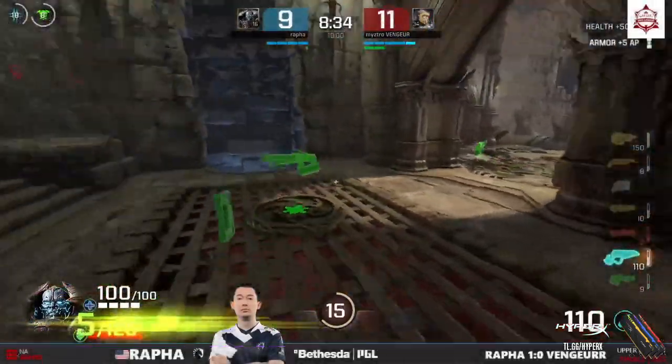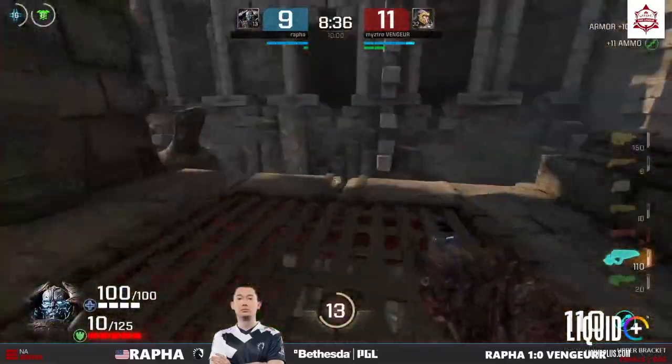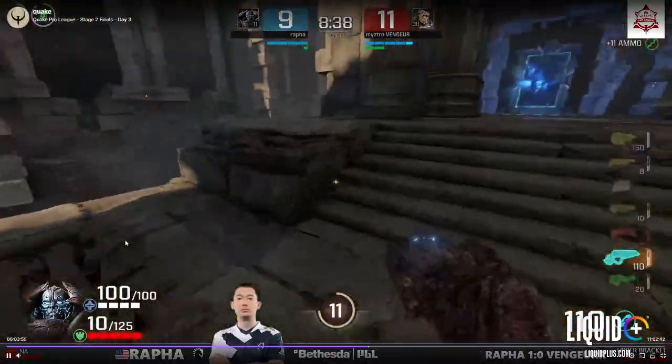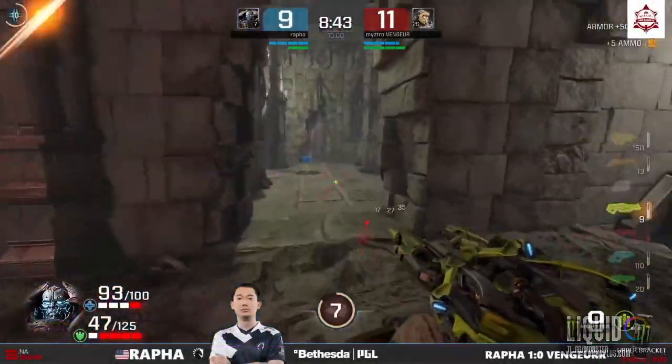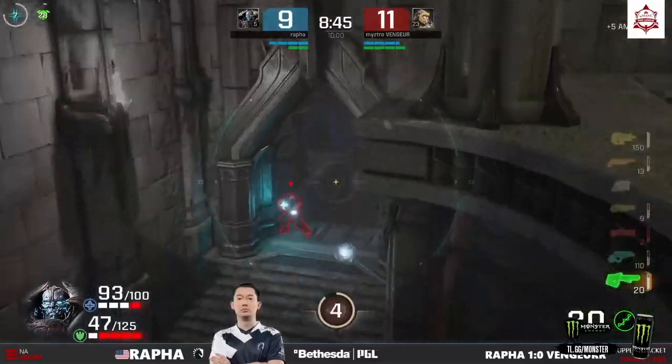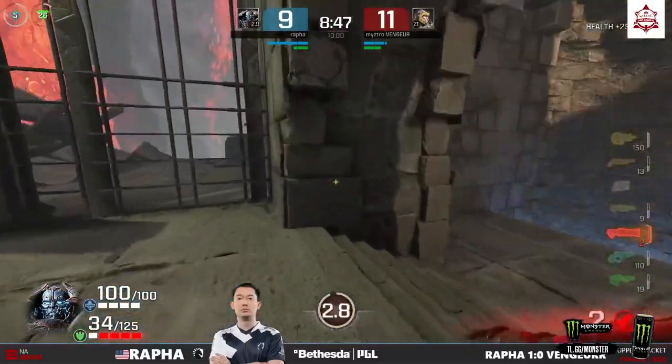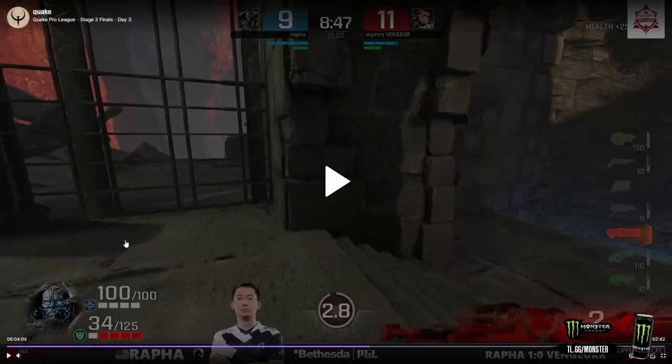So now I know that he might have spawned at LG, because I wasn't able to move towards the portal fast enough. So here I know, okay, the armor comes first, and I need to slowly play this. I have some good spam, and I deal really good exit damage. And so now, in my mind, I'm like, okay, he's going to either rush the mega and try to fight